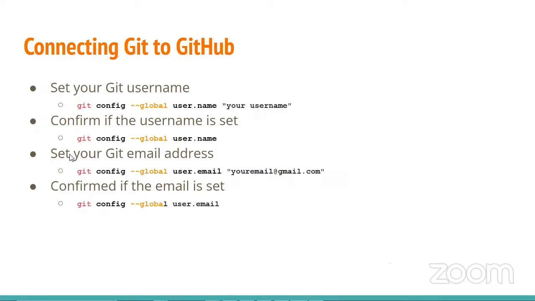Next, you set your email address. The email address is to put your GitHub email. So that's what you have to put here. Git config user.name. Remember, for username you use user.name. For email address, you use user.email to set your email address. When you are done with this, that means you are set. Remember to confirm that you have done all this: use git config --global user.name, and then git config --global